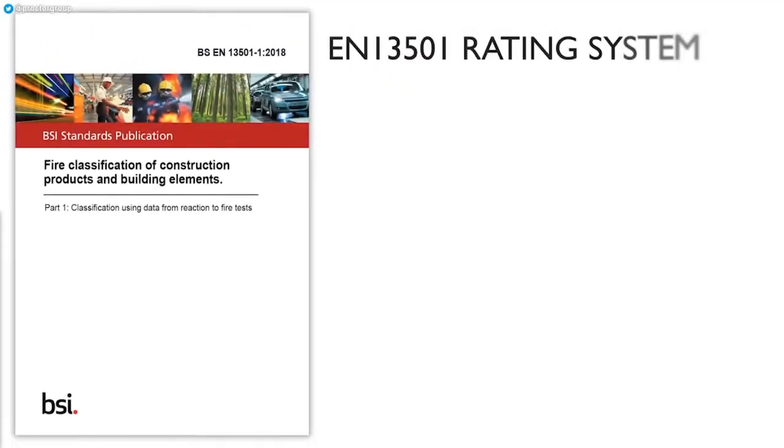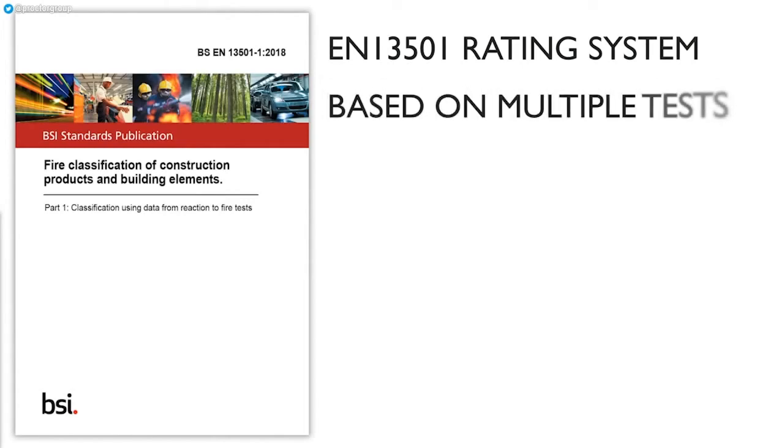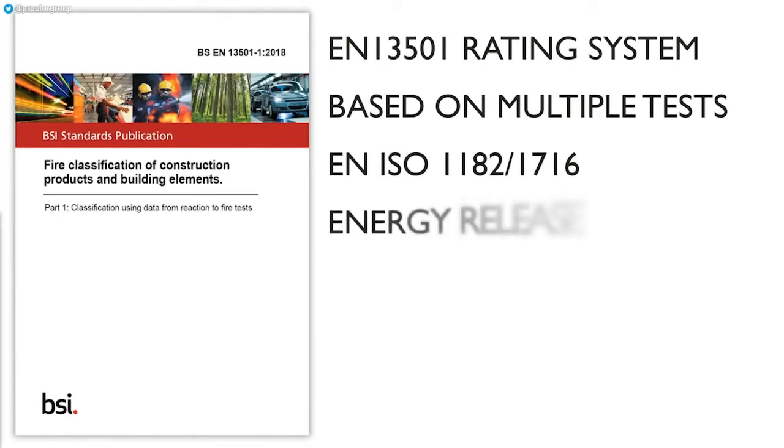The EN ISO 13501 Euroclass fire classification system is a newer and more extensive test regime introduced to harmonise fire testing across the EU. The classification system relies on data from several test methods, some of which are similar to those by BS 476, such as EN ISO 1182, which tests combustibility, and EN ISO 1716, which determines the calorific value of energy release